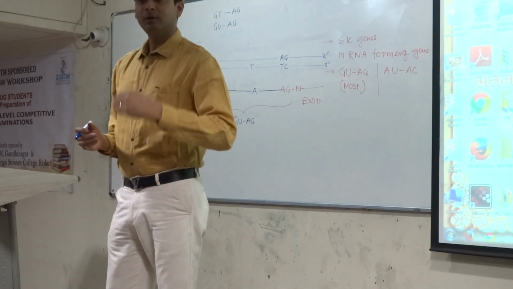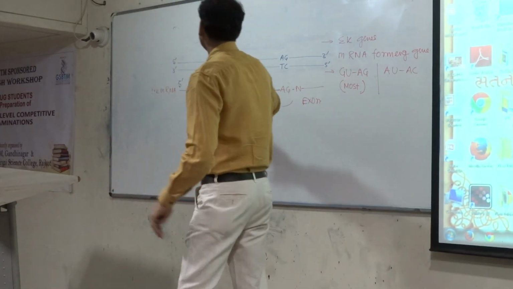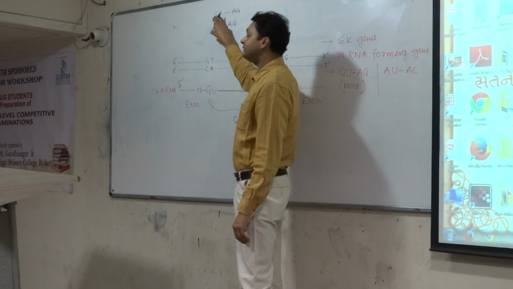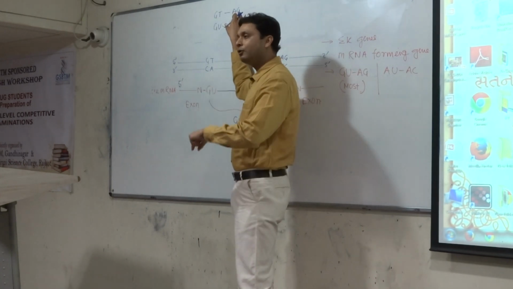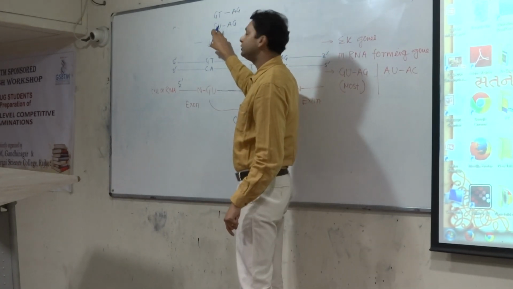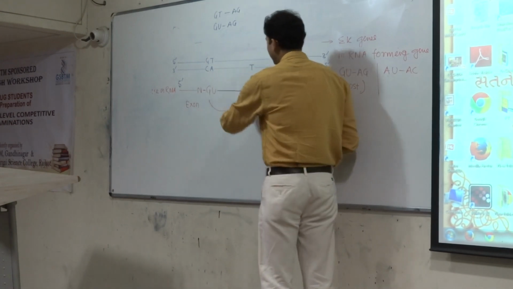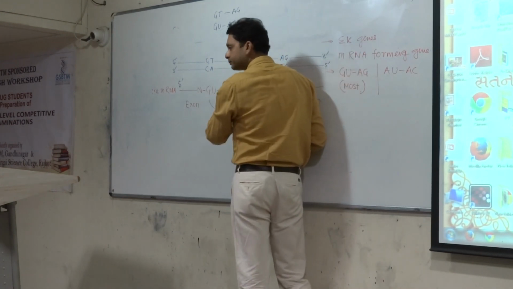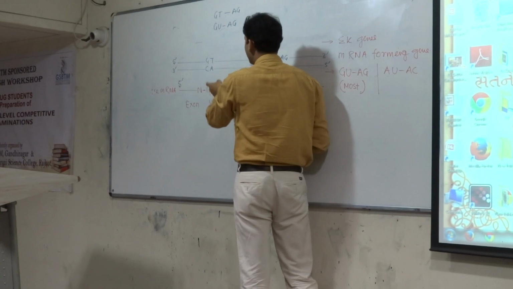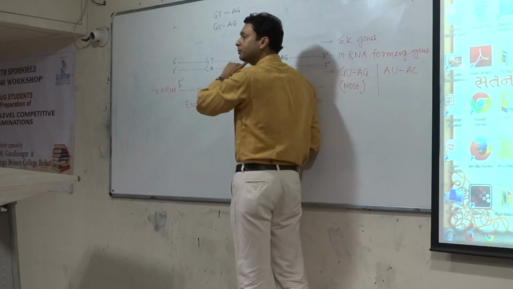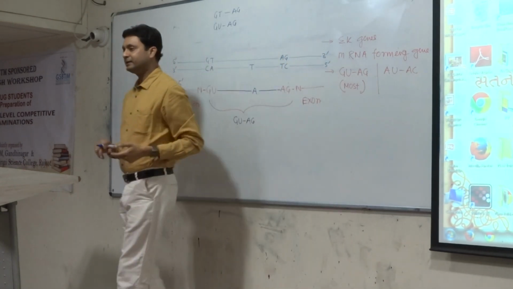Like in certain books, like D.A. Brown, you will find the name of the intron mentioned as GT-AG intron. And the same intron, we are also using the term GU-AG intron. If you are going to describe at the level of the messenger RNA, then GU-AG. If you are going to describe this particular intron at the level of the DNA, then GT-AG.